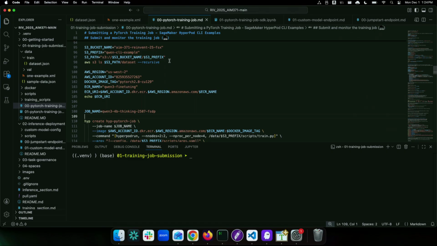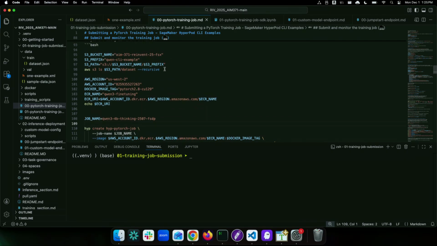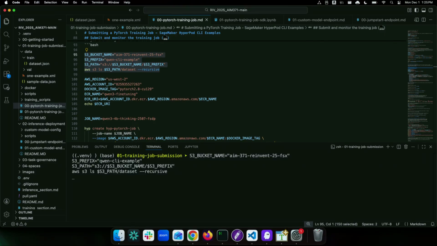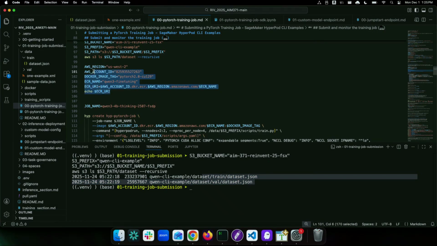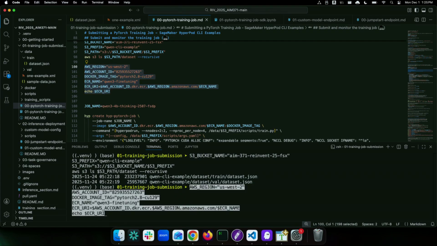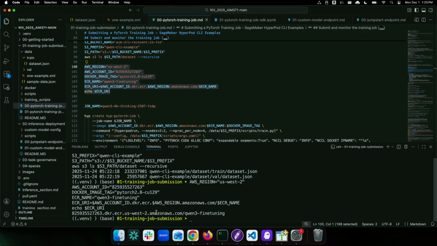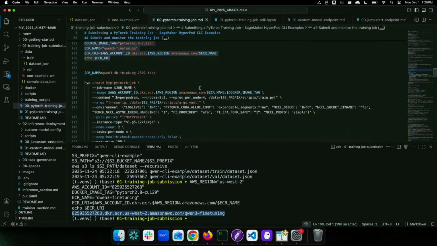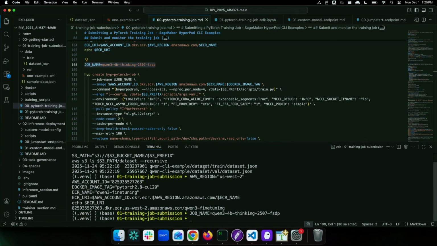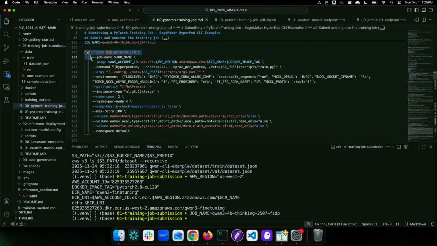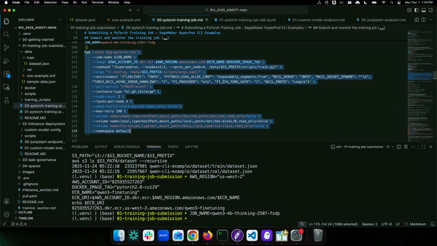I have previously uploaded the training data set to S3, and let me quickly check if we still have the data set. Okay. So we have the training data set and validation data set. That's the same one I showed you earlier. I will also check the ECR image. So we have the ECR image set up here. Now I'm going to submit this job with this command, create job,